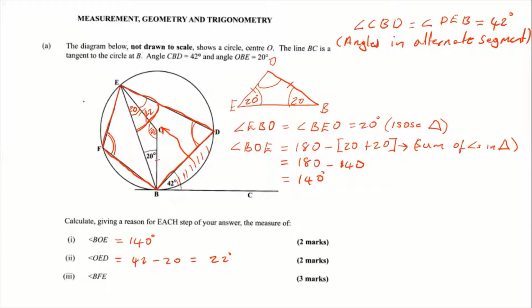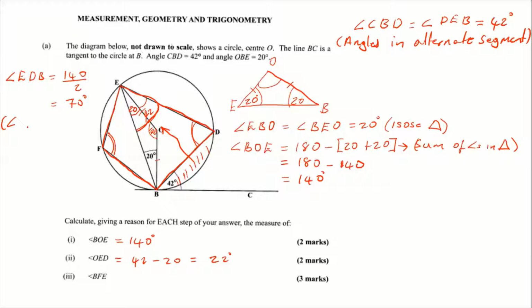So we could see that angle EDB, which is this angle EDB, is going to equal to 140 degrees divided by 2, which will give us 70 degrees. And how do we know this? The reason for this would be